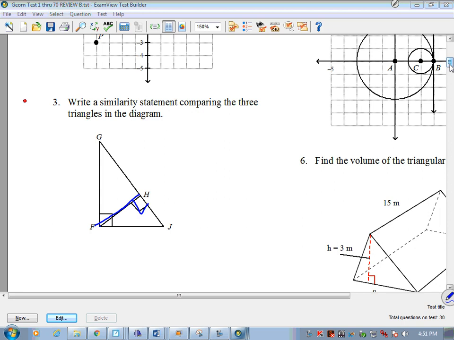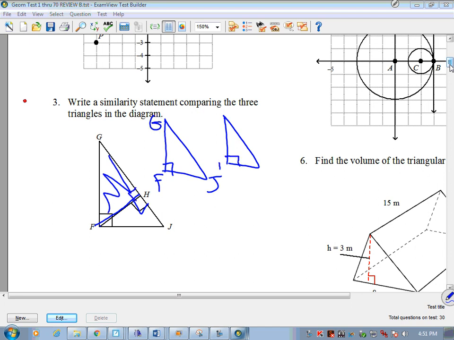So we're going to look at this in terms of F, G, J, and we've got the smaller one, which is this guy right here, and we're going to find his right angle, which is right there, which we're going to put at H, its long side is G,